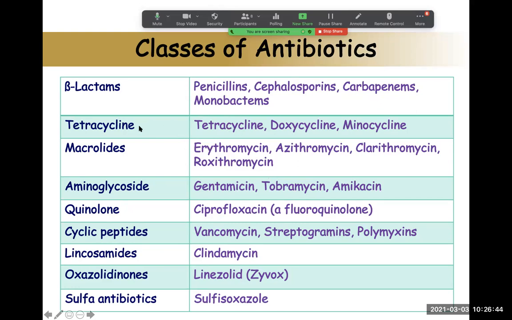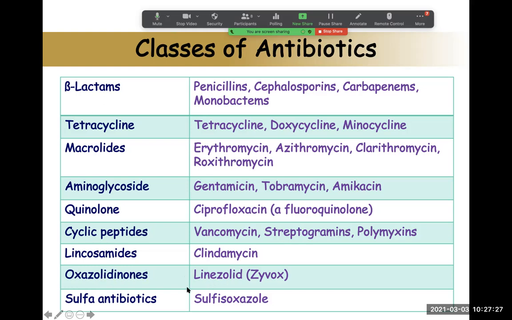Many of them, like in the case of tetracycline, are very toxic. So we use doxycycline, and this is a newer one, minocycline. Pretty commonly, you hear people taking erythromycin and azithromycin or clarithromycin. Again, it all depends on your antibiotic resistance profile. And there are aminoglycosides, these are gentamicin, tobramycin, and amikacin, and so forth. And so you can see there are cyclic peptides, lincosamides, clindamycin is a lincosamide, and then this oxazolidinone,